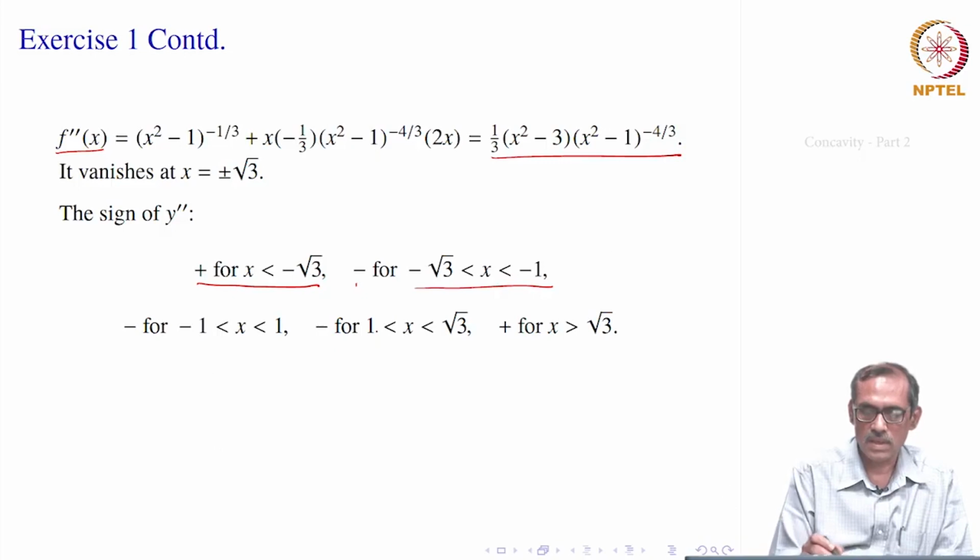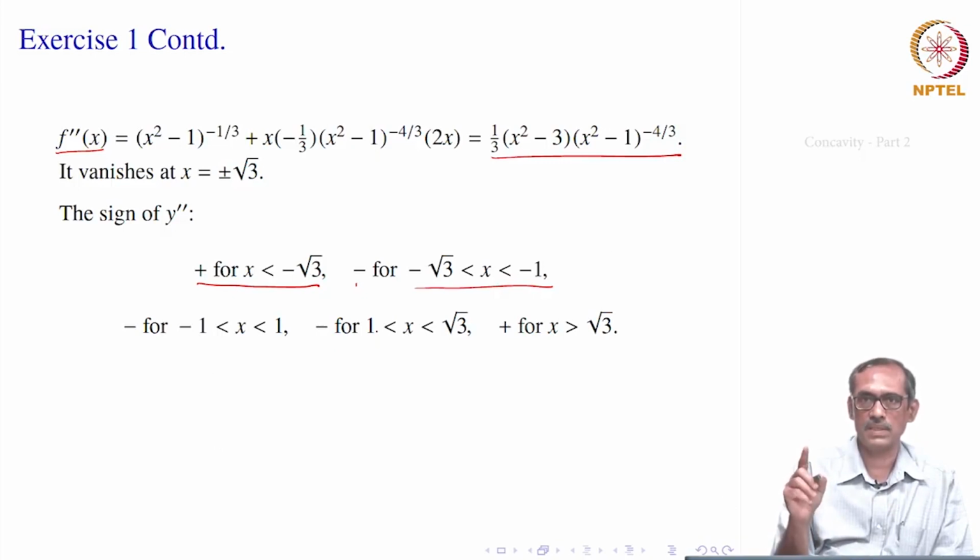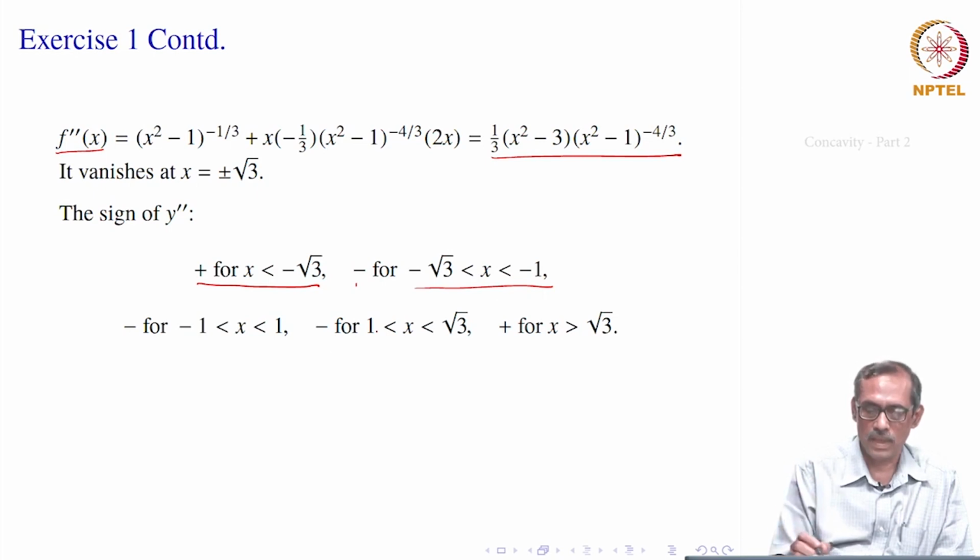So, we also have another point 1, right. We have local minimum points at 0 and minus 1 also. So, minus 1 to 1 it is again negative, and 1 to root 3 is also negative. We could have taken minus throughout this, but at 1 only it is not defined, right. f double prime x is not defined at 1. That is why we have to break it into 2 intervals here, right.